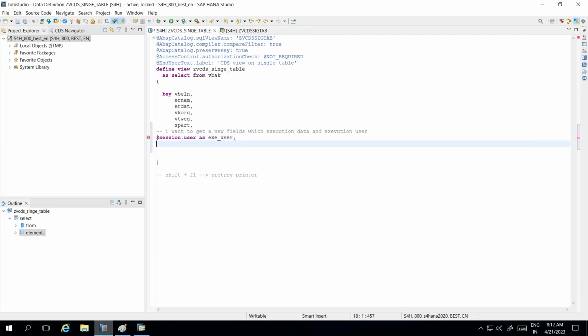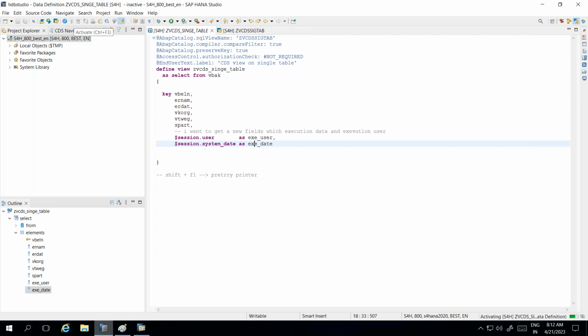In the same way, I'll say $session dot system date as execution date. Now if I press Shift F1, see here it has been done. Now I'll go ahead and activate this one, and if I press F8,